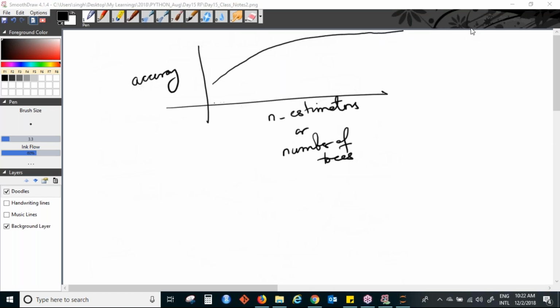That means as long as you keep a large number, it is the same. So whether you keep 1200 or 1500 or 2000, it doesn't matter a lot, because at all these points the accuracy is almost the same. But you should not keep a very small number like 50 or 100, because there it will be less. So keep somewhere close to 1000.